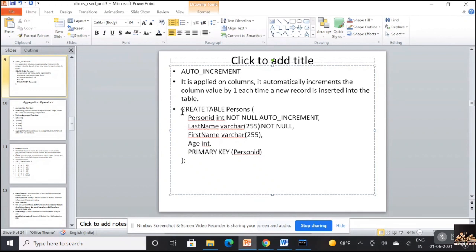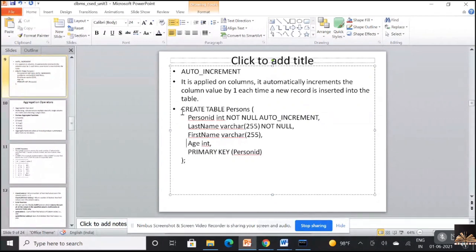Last name, varchar 255, again not null. Then I've got first name, varchar 255, so it can take a null value. I did not put any condition over there. Age is integer. And again, the primary key is person ID.